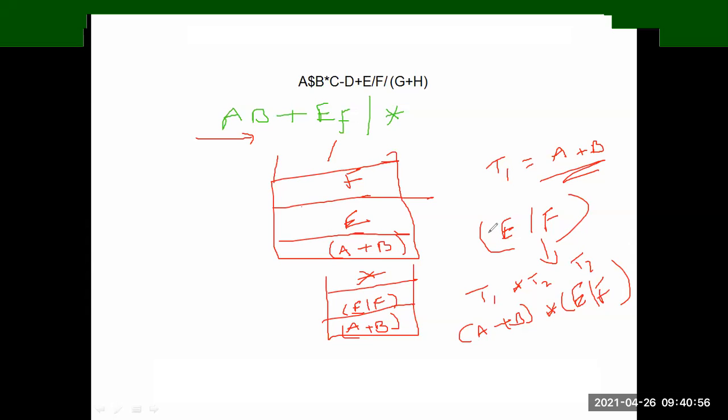Okay. So far clear or any doubt? If you do not respond, I cannot understand. If you are able to understand the concept or not, please write a message in the chat box. Is it clear? How do we convert our postfix expression to infix or prefix? Just note that in prefix or postfix expressions, you don't need any brackets. Only the infix expression contains brackets. The remaining, postfix and prefix, do not contain any brackets.